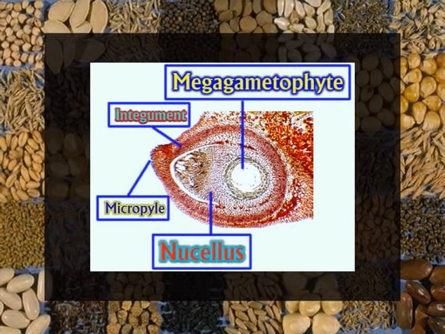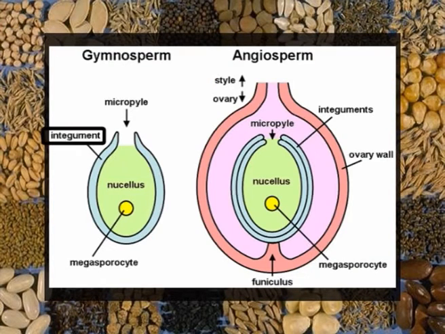Megagametophyte. It refers to the female gametophyte, which contains the female haploid egg cells or gametes, and several thousand of these are in gymnosperms, or typically 3 to 8 of these are in angiosperms. The integuments, which refer to 1 as we see in case of gymnosperms, or 2 as we see in case of angiosperms, outer layers of the ovule having an apical opening, what we call as micropyle, which develops after fertilization into the seed coat, also called as testa.